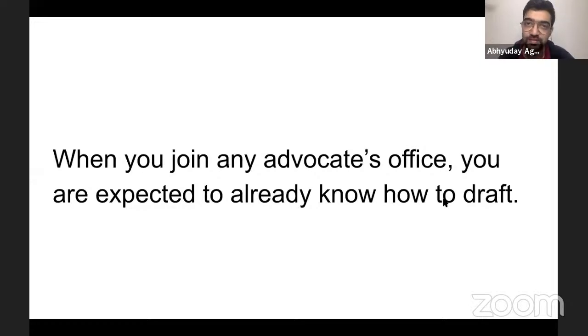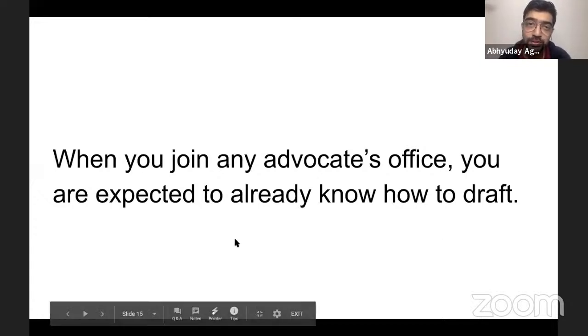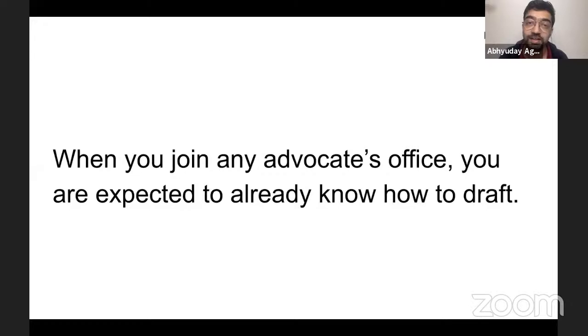And then in your first year when you are working, they are very clear that they want you to contribute and somehow figure out what you need to do. And if you tell them, sir, hum kaise prepare kar sakte hain pehle se, then they are like, it will come from experience or it will come from practice, koi tarika nahi hai, simply because they don't have a prior memory. LLB college mein unhone nahi seekha tha. So they will say ki karte karte seekh jaoge, but kaise seekhna hai, they'll say, figure it out. Work hard, spend 18 hours. In fact, nobody has the time or energy for it because everyone is overworked.